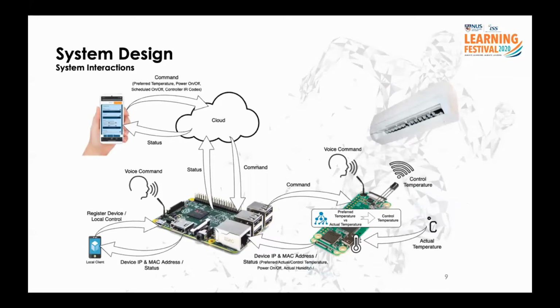This is a simplified view of the interaction between the different components in the system. For initial hardware setup, the controller device Pi0 publishes its own IP and MAC addresses through the wireless hotspot on the Pi 3 gateway. Using a mobile or web client connected to the same hotspot, we can discover the published IP and MAC addresses and use them to issue a command to make the device known to the gateway.